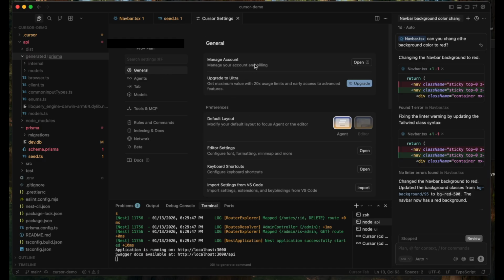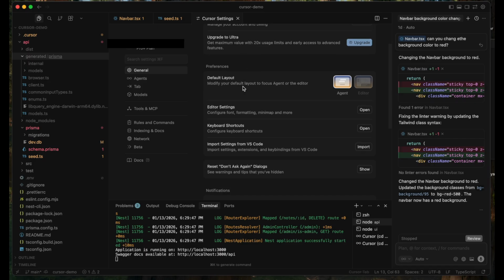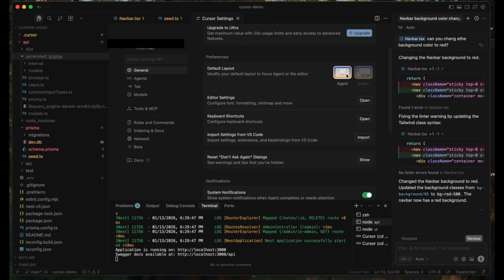So I'm on the General tab right now, and there's a button to manage account. There's a button to upgrade to Ultra. Right now I'm on Pro Plus, and Ultra is just a higher tier with more usage. There's the different layout settings. So right now I'm on the agent layout,